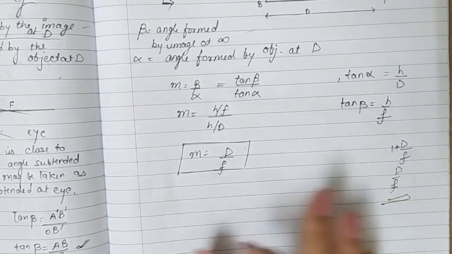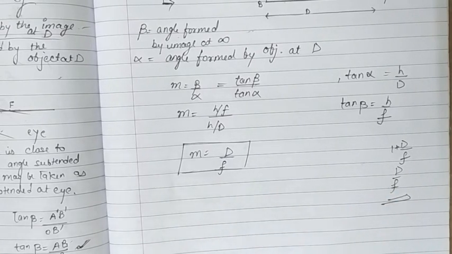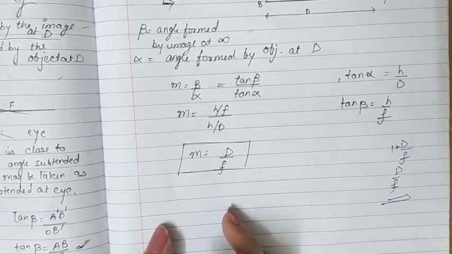So in the second case, this magnification is 1 less than the initial case, but viewing is more comfortable when the eye is focused at infinity, when the image is forming at infinity. There is less strain on our eye. That's why this is a preferable method. Although magnification is a bit less, it is a more comfortable way to view the image.